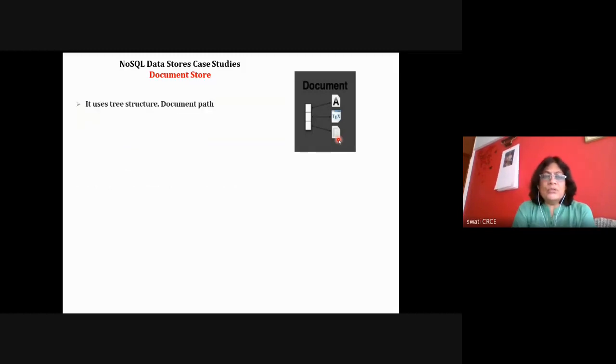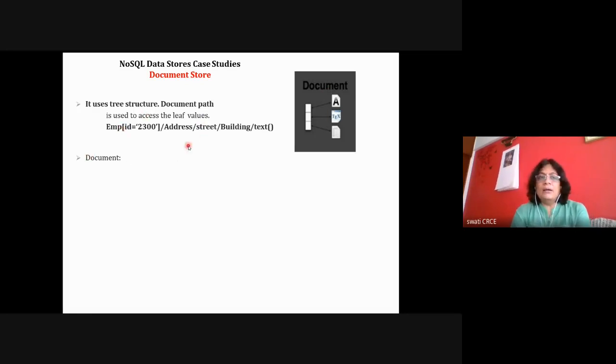Now, it uses a tree structure, so it facilitates easy searching. Searching within the tree is easy. A particular document has a tree structure like the document object model of your browser. Everything is stored in the form of nodes, and in the leaf nodes, in the form of a tree.